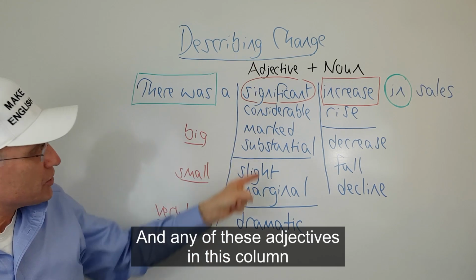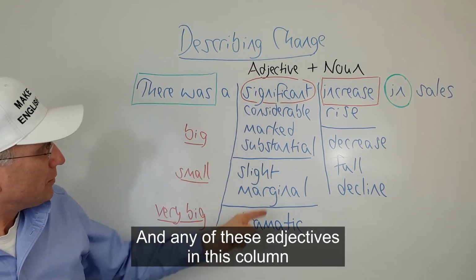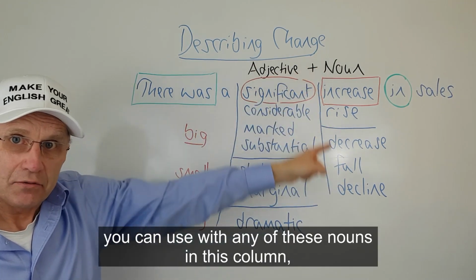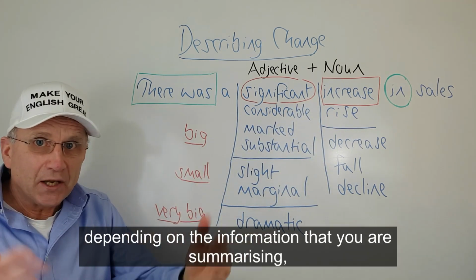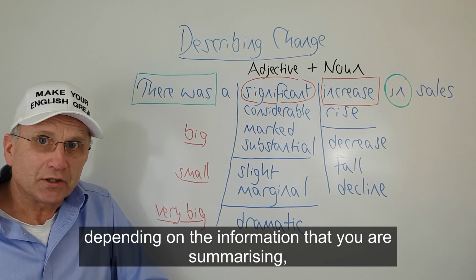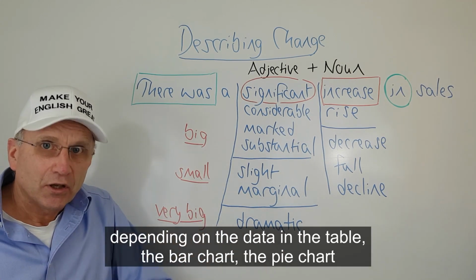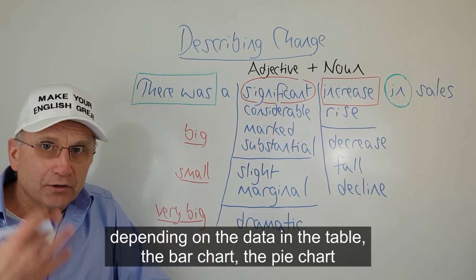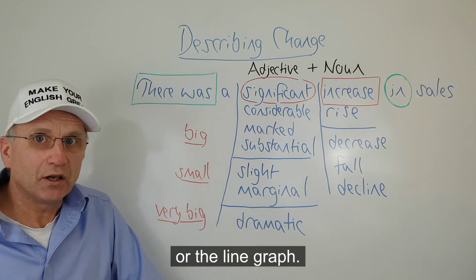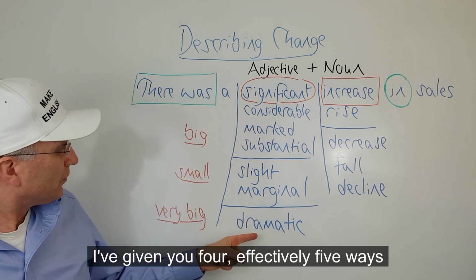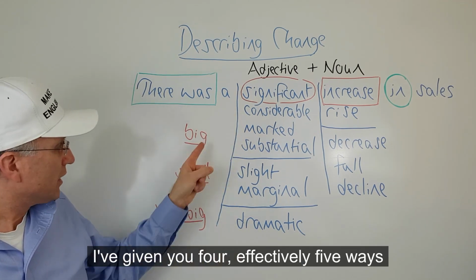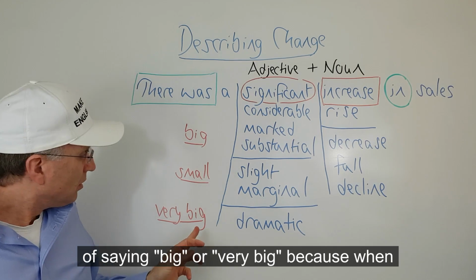And any of these adjectives in this column you can use with any of these nouns in this column, depending on the information that you are summarising, depending on the data in the table, the bar chart, the pie chart or the line graph. I've given you effectively five ways of saying big or very big,